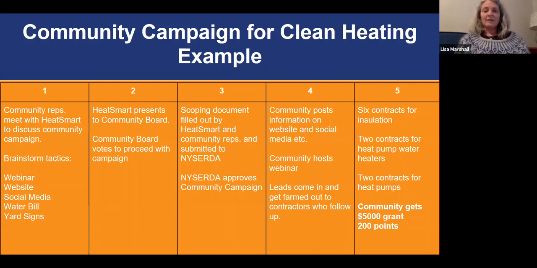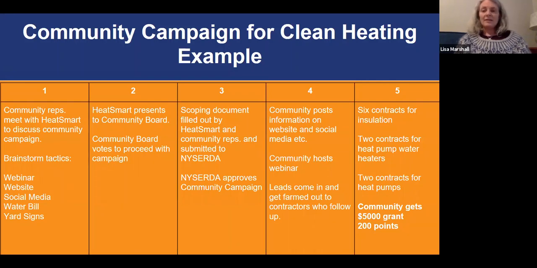So we'll start the public facing portion of the campaign, where you will start to post on the town's social media, or send out information in the town newsletter, or put a little link on your website. Maybe you'll put it on your blinking electronic sign that sits out in front of the library. Whatever kind of outreach your town does, then we'll start to use those channels to talk about the community campaign. And we'll send them to a link where we'll track the leads that come in from that campaign.